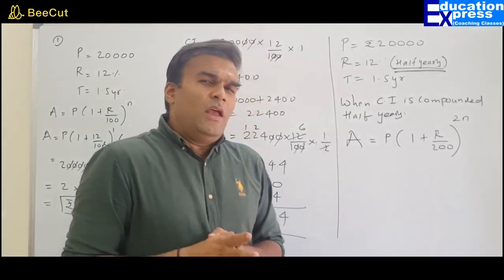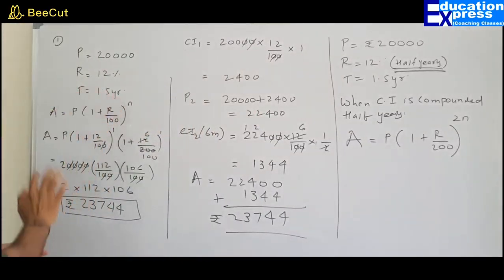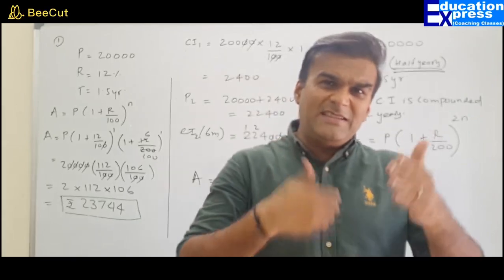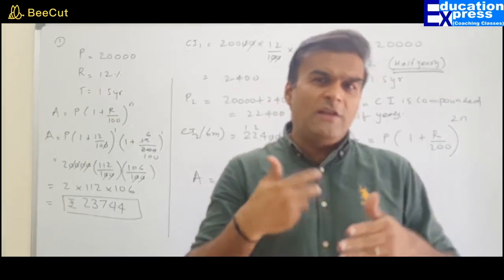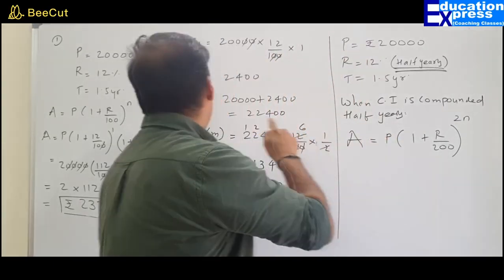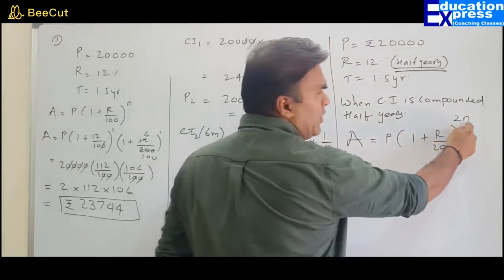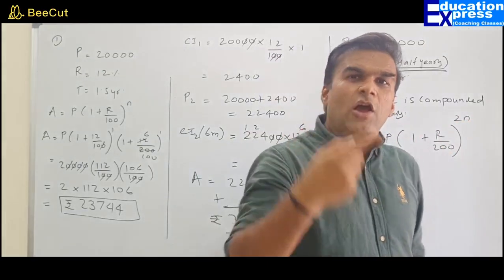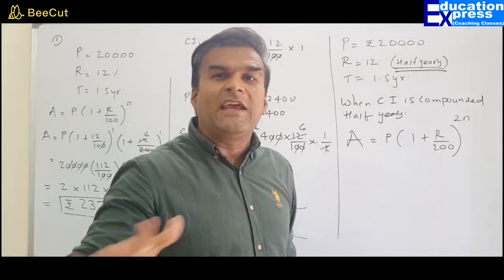Supposing, sir, if the question over here is 1.5 years. So in 1.5 years, 6 months plus 6 months plus 6 months. So altogether, how many times will the churning happen? 3 times. So when you put this 1.5 over here, 1.5 into 2, that is 3. Automatically, this formula will take care of everything.